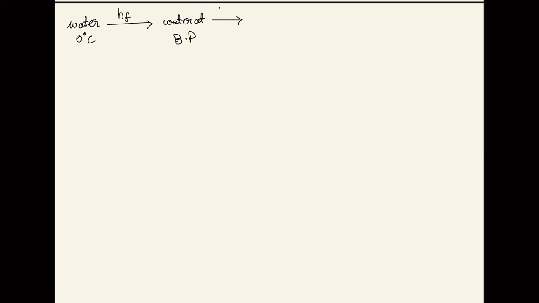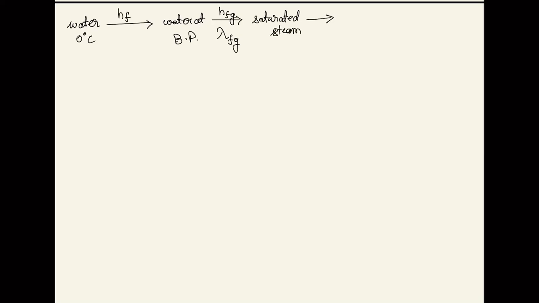All right, now I try to add HFG, or I prefer calling it lambda Fg, or someone can call it simply lambda. Now when I give that, this is particularly the latent heat. Now when I give the latent heat, it will be converted to saturated steam. There will be a phase change from liquid to vapors.